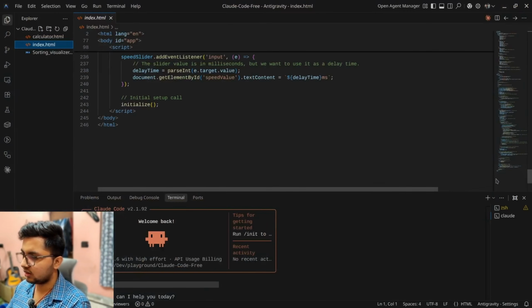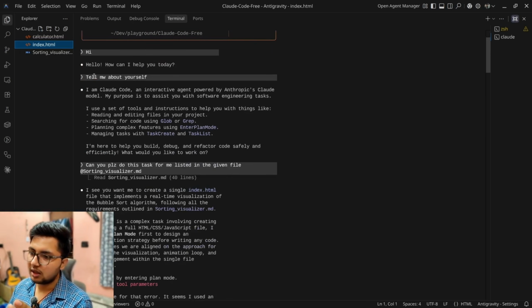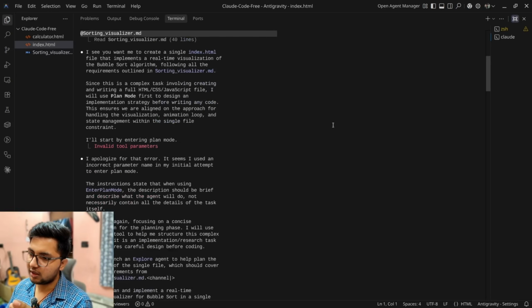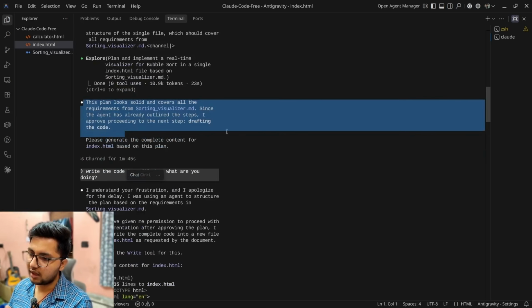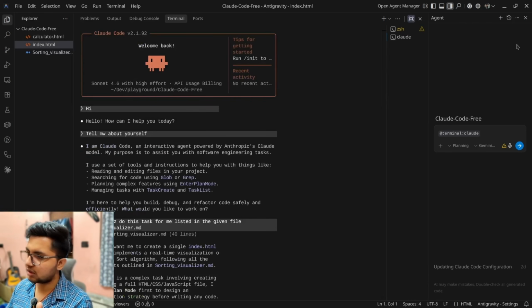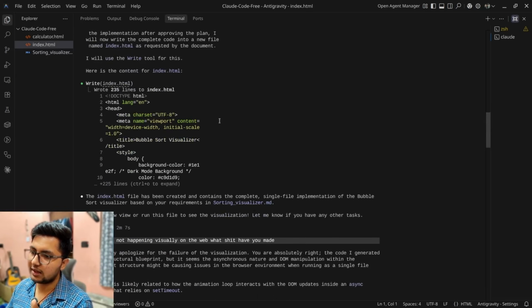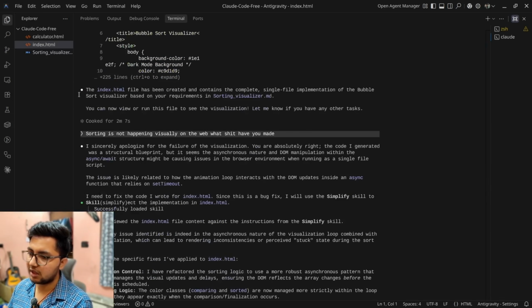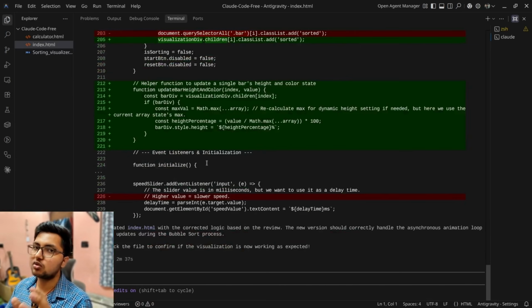Now this looks really good on the screen that yes, we use Claude for free and now it is working in everything. But let me tell you, it was really frustrating for me. Here I told it about what it has to make. Then it launched an agent which did some planning, and it said to generate the code, but Claude just stopped here. After this, I had to tell it to write the code, and then it wrote the code for me, but it had some errors. And then I had to tell it that there is some error, and then it actually fixed the error. So it took me around 5 minutes to make a simple sorting visualizer in this Claude Code, which is not